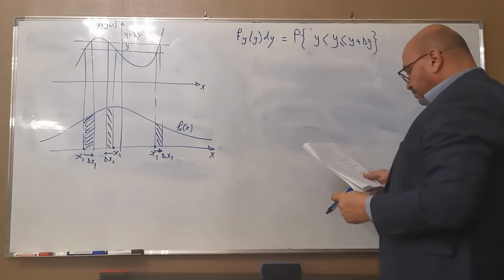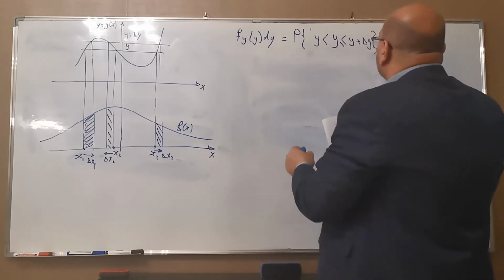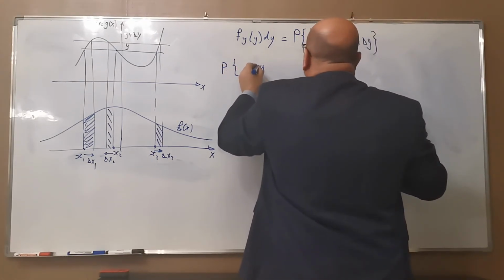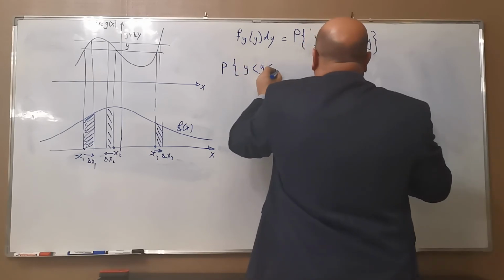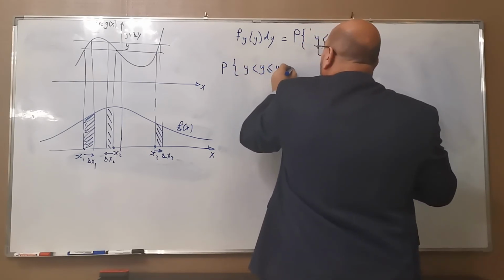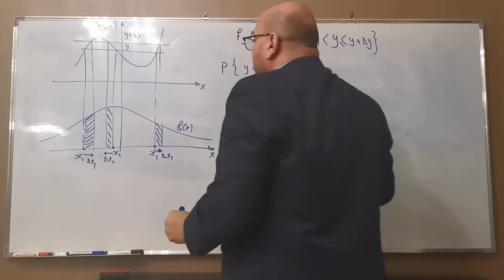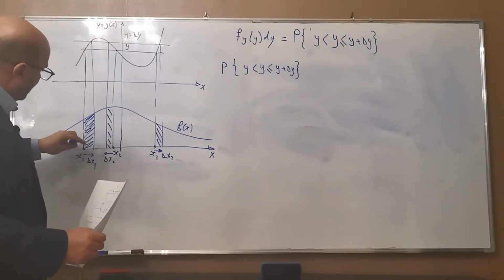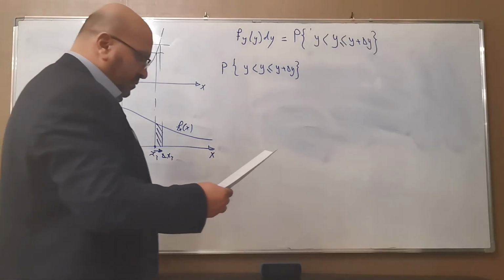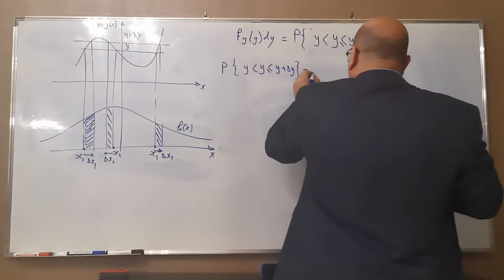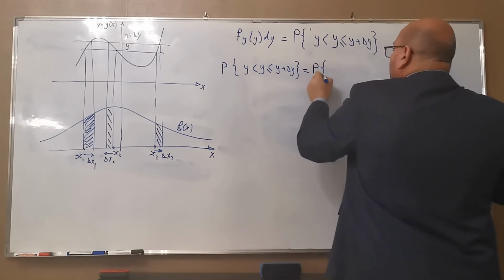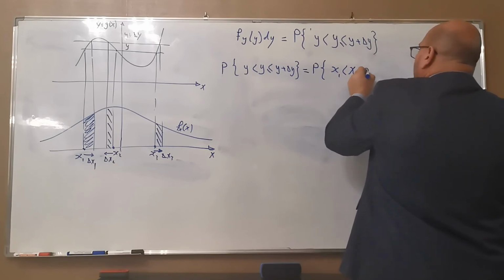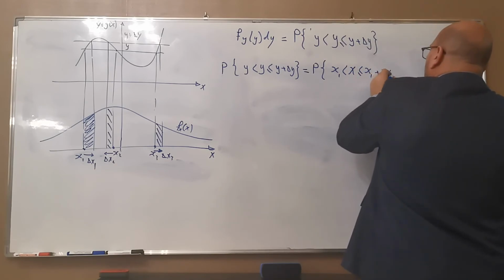Okay, this probability, y less than or equal to y plus delta y, actually corresponds to three periods in x. So this is actually coming from the probability that x is greater than x1 and less than or equal to x1 plus delta x1,